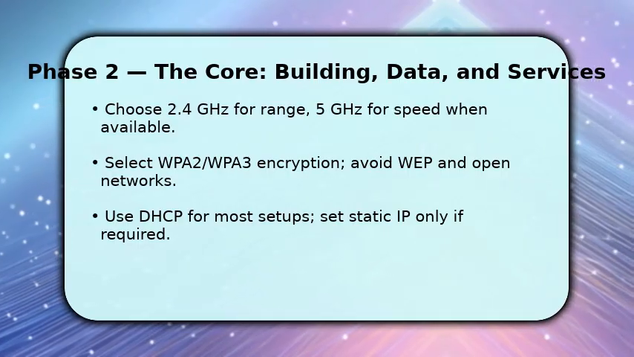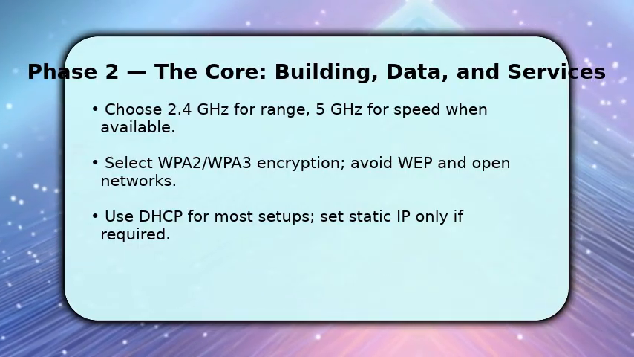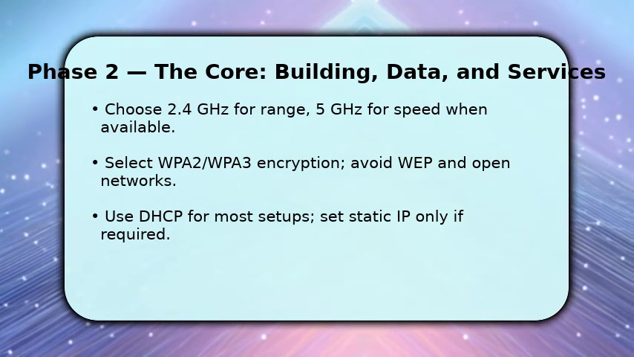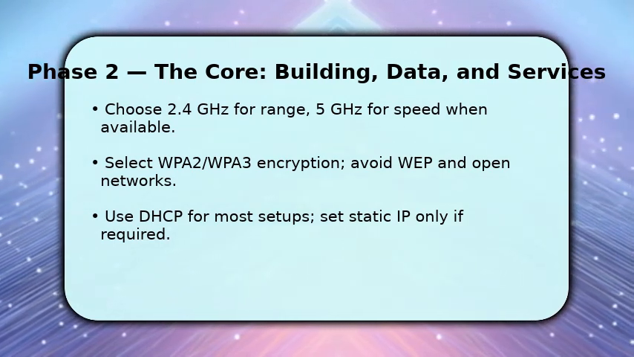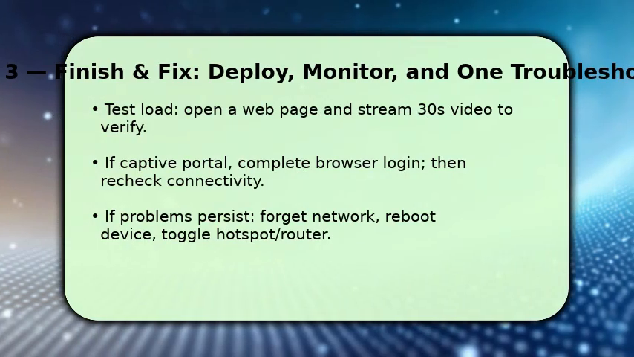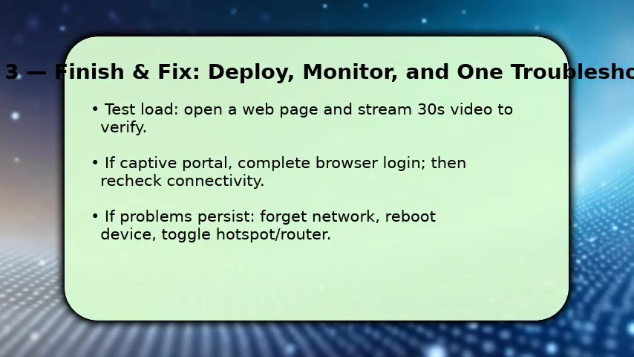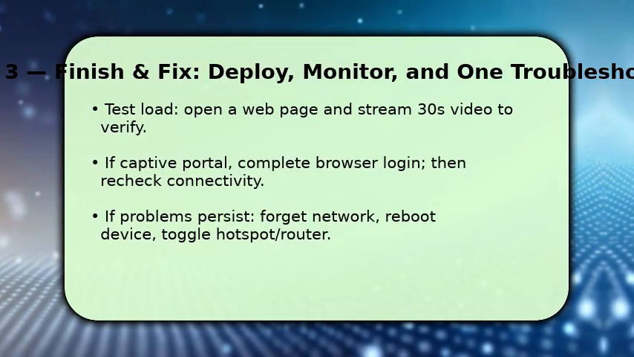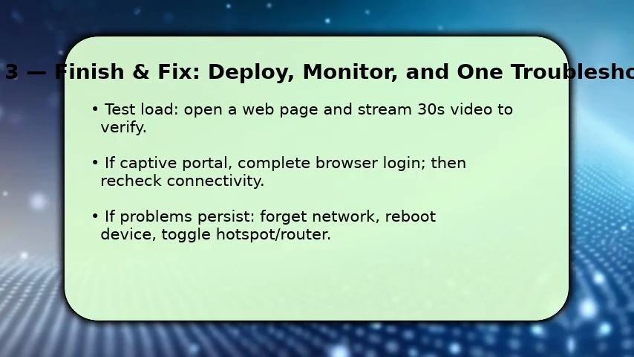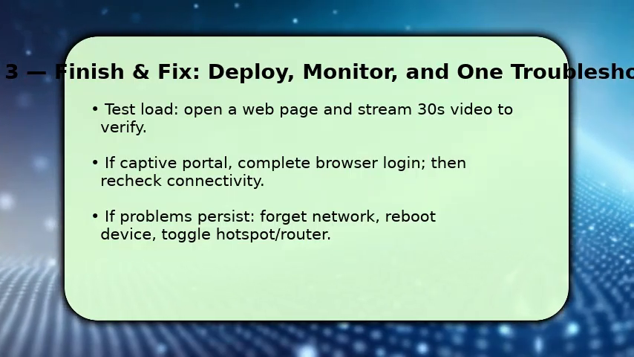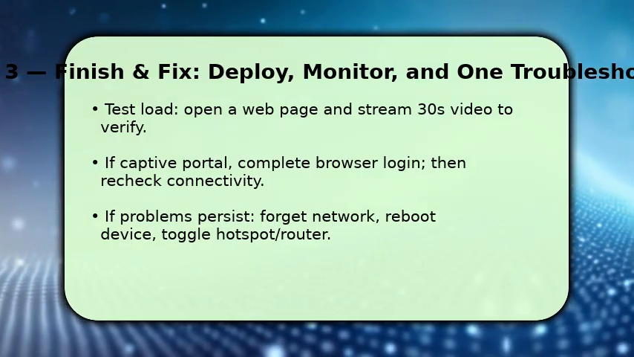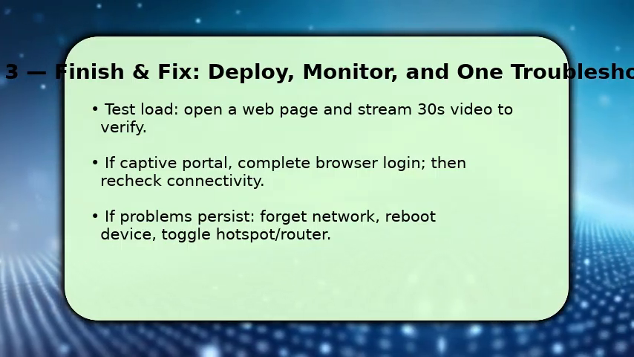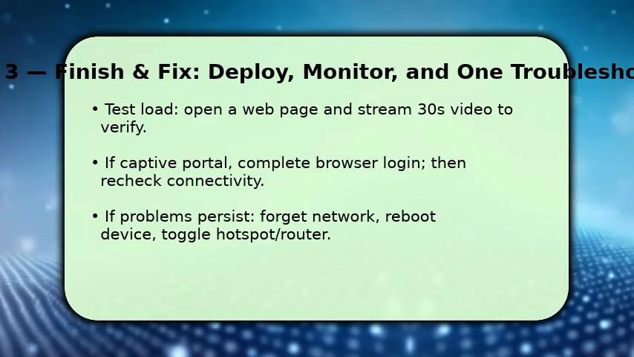Once these settings are applied, run a quick speed test to confirm throughput and latency meet your needs. Finish by validating real traffic. Load a web page and stream a brief video to ensure DNS resolves and packets flow. If the network uses a captive portal, the browser will prompt you to sign in, complete that step, then recheck connectivity. If you hit errors, forget the network and rejoin, reboot your phone and the router or hotspot, and retry. Remember this key troubleshooting tip: toggling the hotspot or Wi-Fi off and back on clears